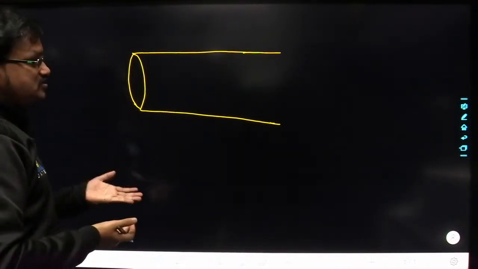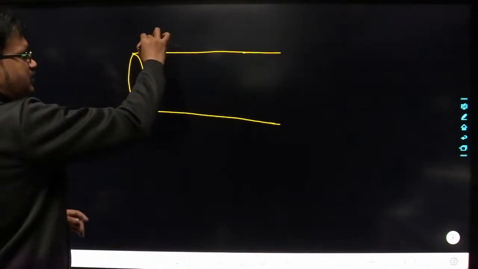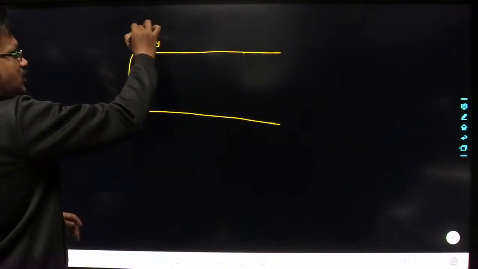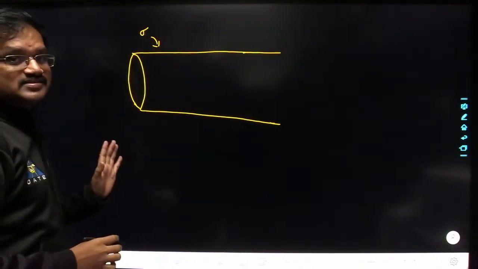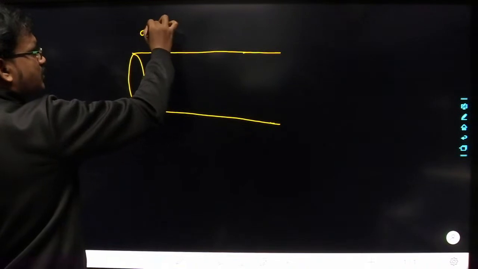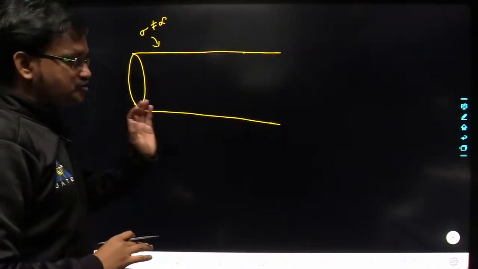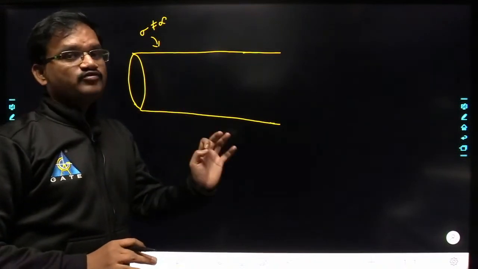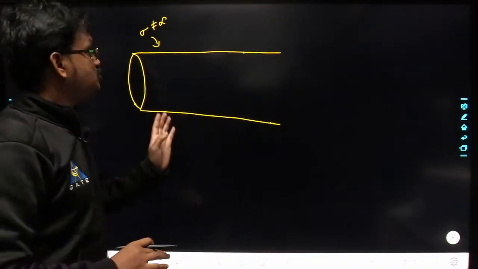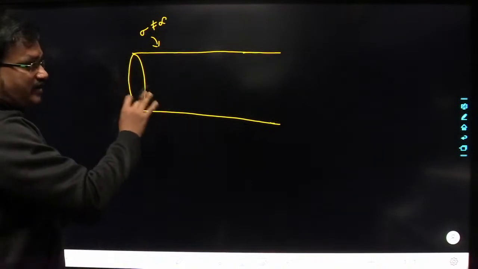Understood? And let us assume the conductivity of this wire is sigma. So I am assuming that this sigma is not equal to infinity. So that means I am not assuming this conducting wire as a perfect conducting wire. I am assuming this wire is going to have